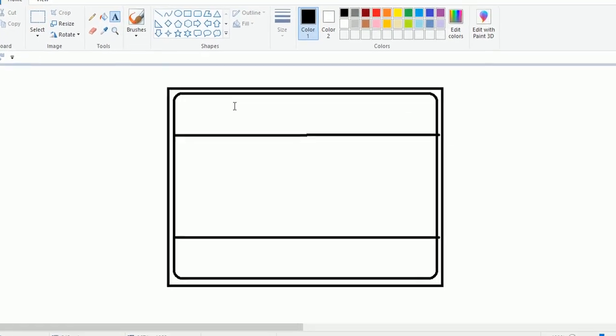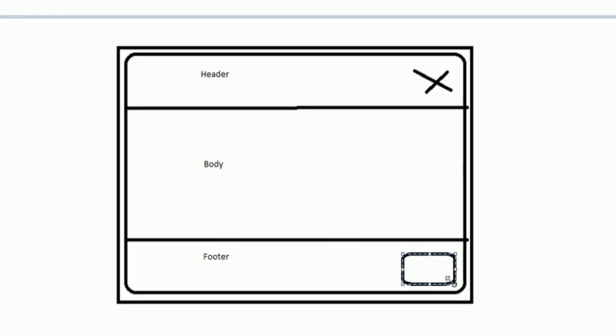The header section will have the cross symbol to close the modal pop-up, and in the same way the footer section will also have a closing button to close the modal pop-up. So now we have the plan, let's execute it.